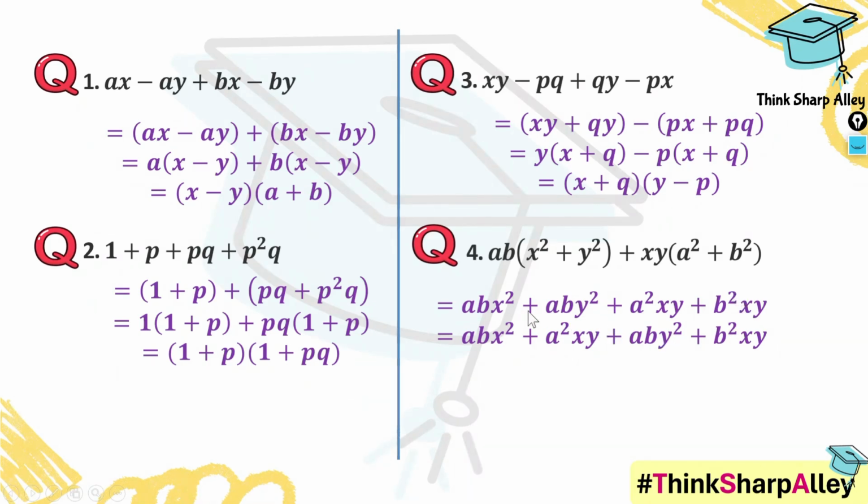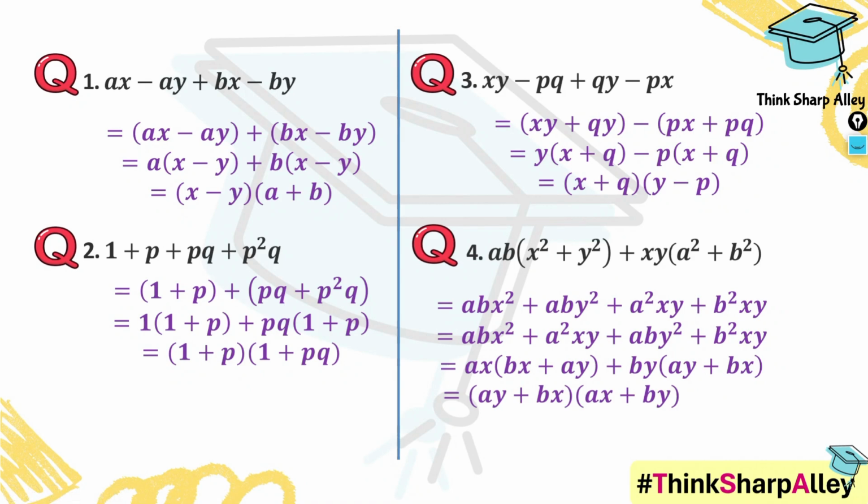So from the first group, you see we can take ax common, and from the second group we can take by common. And guess what? Both groups now have bx plus ay common. So let's take out the common factor and we get this. Neat, right? So the secret was in realizing that the brackets weren't actually helping until we expanded and regrouped. That's the power of smart factorization. Now let's have a look at the next expression to factorize.